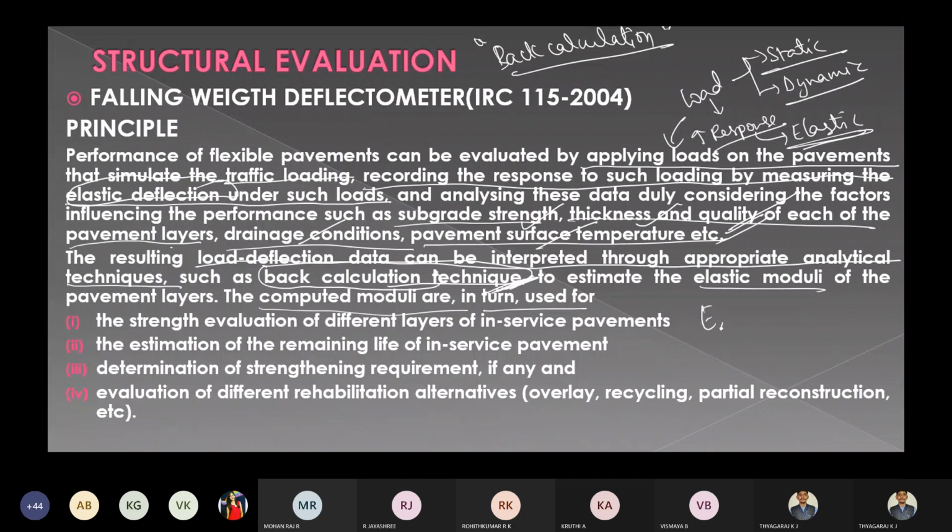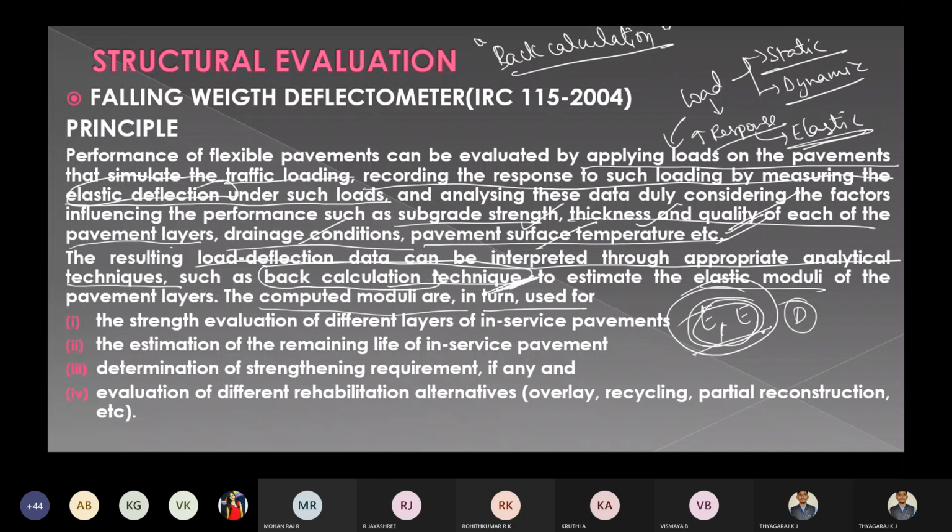And to estimate the elastic moduli of the pavement layers, you are going to estimate the E value. So the Young's modulus of the pavement material. From this FWD, we are not only determining the elastic deflection, we will be determining the Young's modulus of each material, not only the deformation or deflection.